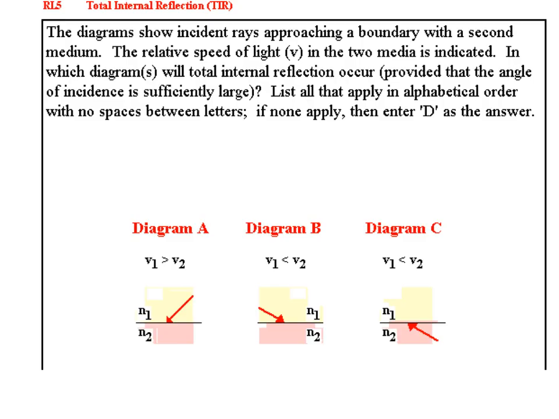They describe two different media, one of which is a slow medium, that means that light would travel slowly through it, and the other is one in which the light would travel faster. And they're going to ask you in which one could total internal reflection occur if the angle of incidence was sufficiently large. So the first thing I'm going to suggest you do is to finish the diagram with the refracted